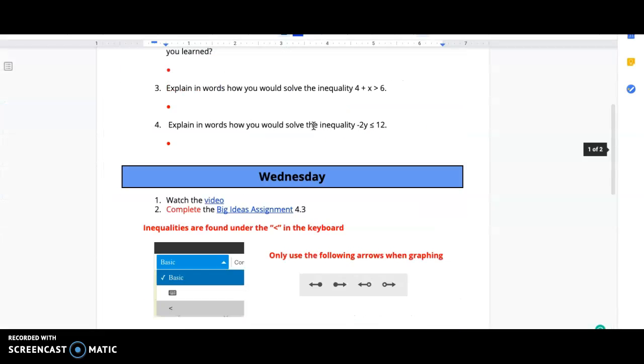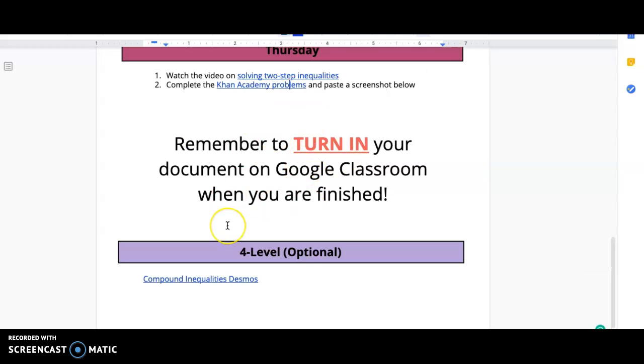There's an optional level 4. I did take out the reflection part, so if you do have a specific question, please email me, or you can even type it in here if you still have some questions. And then you are done, and that's it for 7th grade. There is an optional bingo board as well to do for the following weeks,